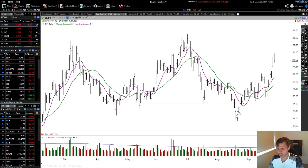If you guys are following me back then, as it started to cross above back here, we got the flush down, we got the flush move back up. As we did that, I saw this being the end of this move, the V bottom situation happening. So therefore, I took a position, and the position was either I'm going to have a small stop loss real fast, because if we did that, then I'd be wrong and I needed to get out for a small loss,